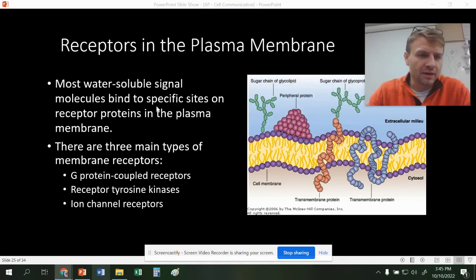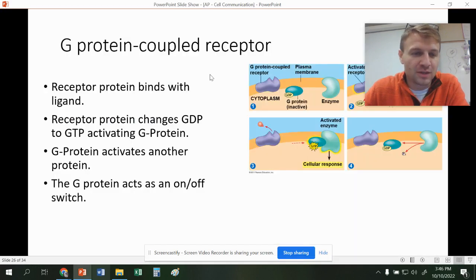Receptors on the plasma membrane. Okay, so there's 3 different types that we're going to briefly go over. We have G protein coupled receptors, receptor tyrosine kinases, and ion channel receptors. And there's a lot of words there. There are 3 basic types of receptor proteins that we're going to go over, and the first one is the